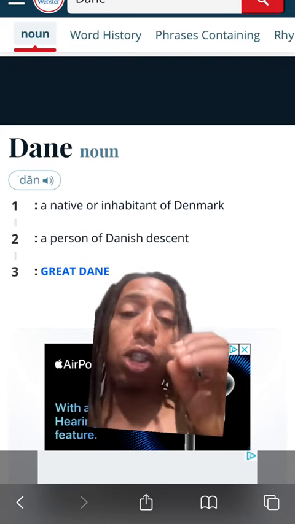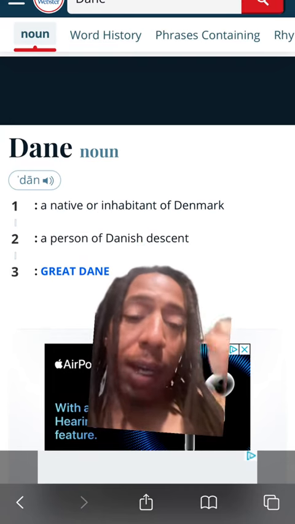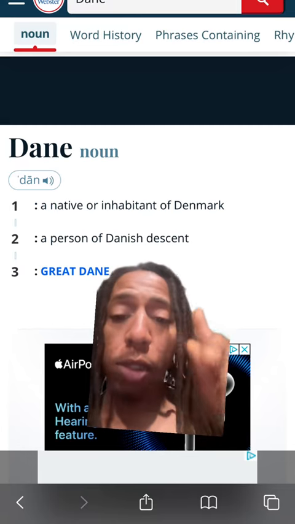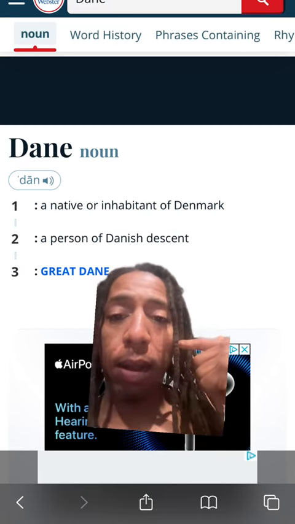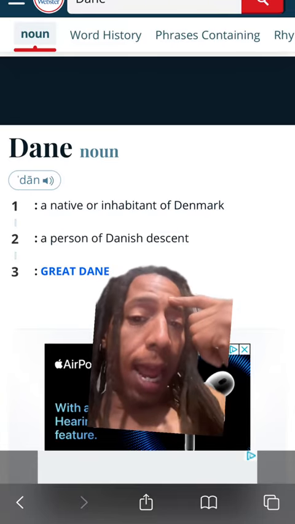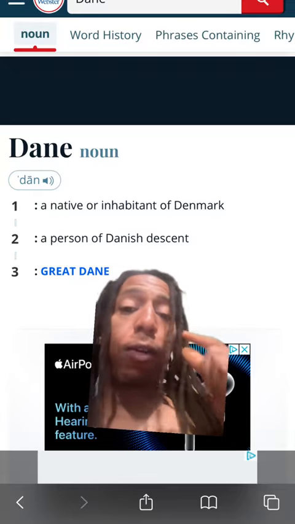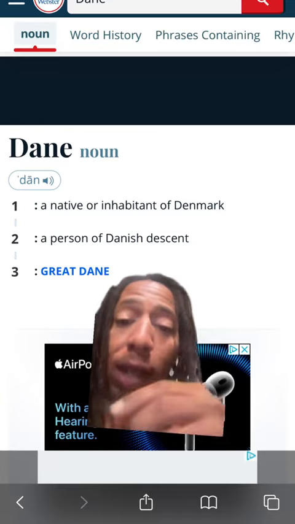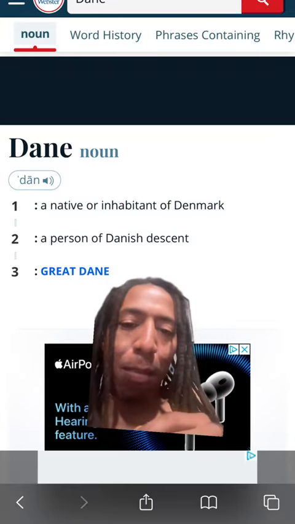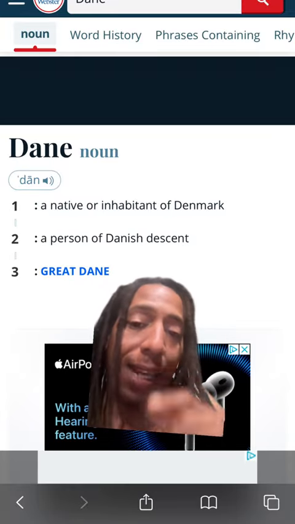That would be a person who is a mixed Dane, because Danes were black, or melanated, okay? So if you are a Dane, a melanated person from Denmark, you are a Dane. If you're a mulatto, you are Danish. You have a little bit of that Dane blood in you. That's what a Danish is.